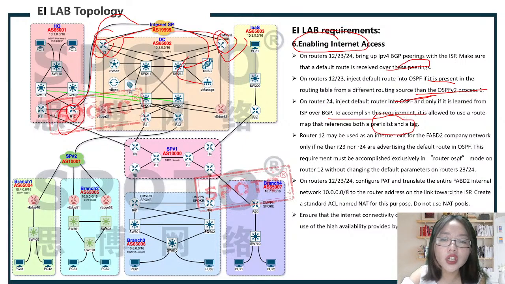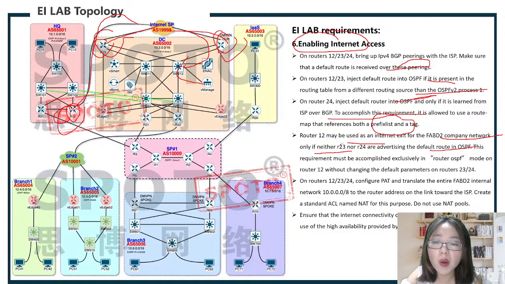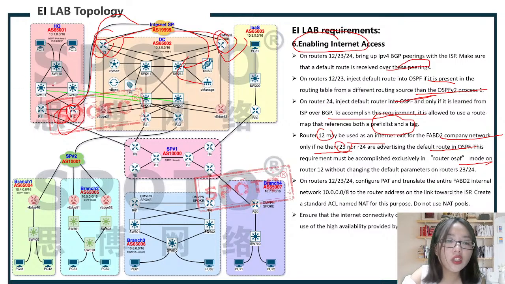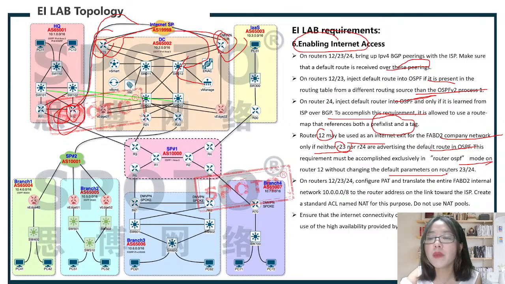And router 12 may be used as an internet exit for the company network only if neither router 23 nor 24 are advertising the default route. So router 12 can't advertise the default if router 23 and 24 are advertising it. This requirement must be accomplished exclusively in router OSPF mode on router 12, without changing the default parameters on